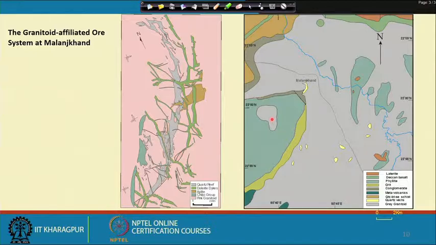Okay, so we will continue our discussion on the application of fluid inclusion studies to the ore environment, and we will take up other case studies which will also give us some more insight into how we can judiciously interpret the fluid inclusion microthermometric data, and with our knowledge of the solubility of metals, the chemical control on transport and deposition of the metals, we will correlate, and we will continue discussing in the next class. Thank you.